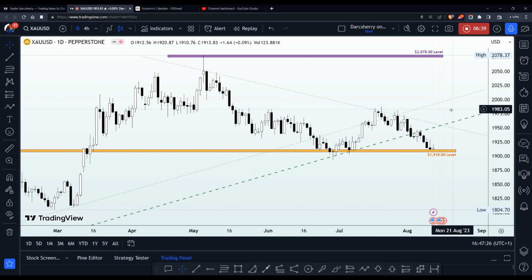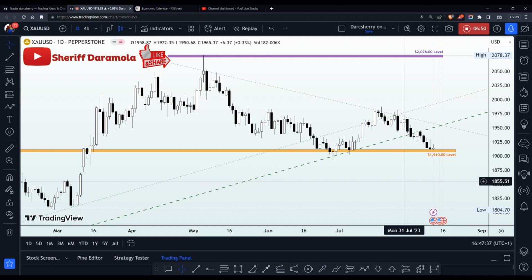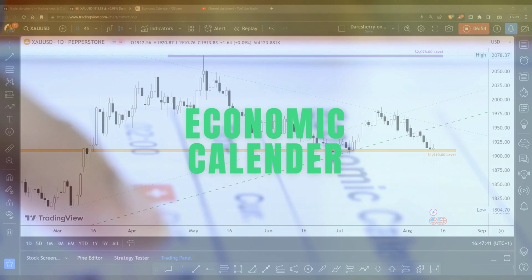Well, in order to guide our trading activity for this week, I was able to identify a simple setup that we can use on the 4 hours time frame. But before I delve into the 4 hours time frame, I would like us to run through the economic calendar